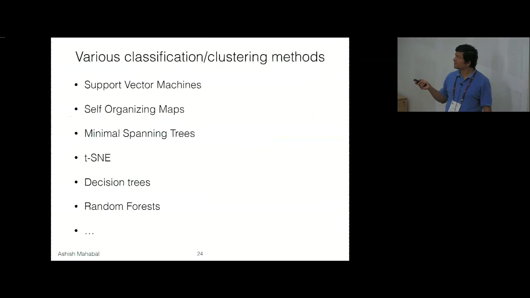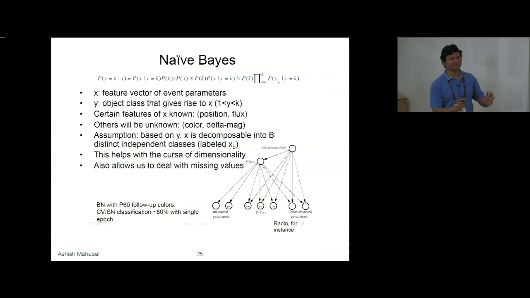Then there are a large number of classification and clustering methods, both supervised and unsupervised. So you've got support vector machines, self-organizing maps, and spanning trees and decision trees. So random forest, one thing that happens with random forest these days is that if any method can beat random forest, then it is a good method, because random forests generically have become very, very good of late. But of course, they can be beaten for specific classes, and finding out what those classes are is important. Naive Bayes, for instance, is very good. If we can use fully Bayesian analysis, that's fantastic.